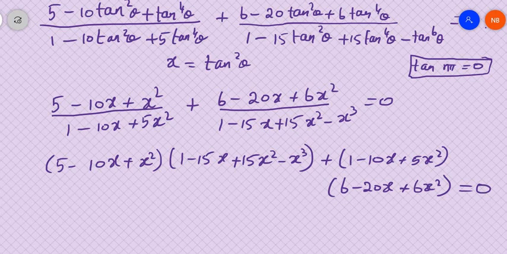Now we can see here we have x square and here we have x cube. So when we multiply them, we'll get the term x power 5, and that will be the highest power of this equation, and we don't have any other term which gives us x power 5 to cancel it here. So this given equation is an equation of degree 5. So this equation has roots tan square k pi by 11 for k is equal to 1 to 5. Tan square 6 pi by 11 is same as tan square pi by 11.